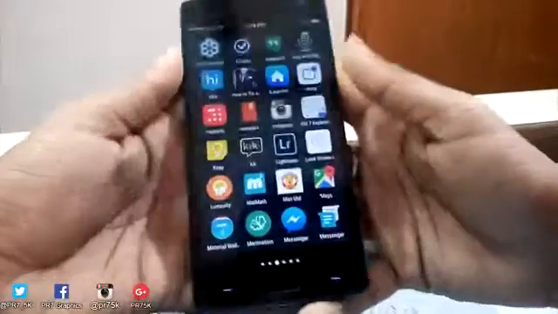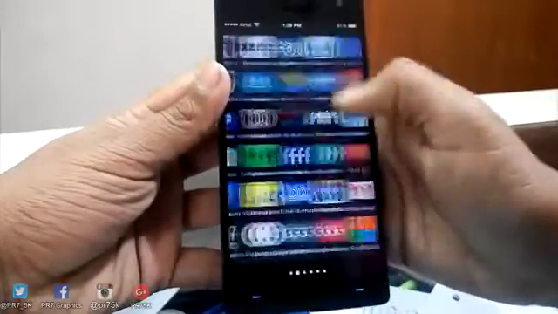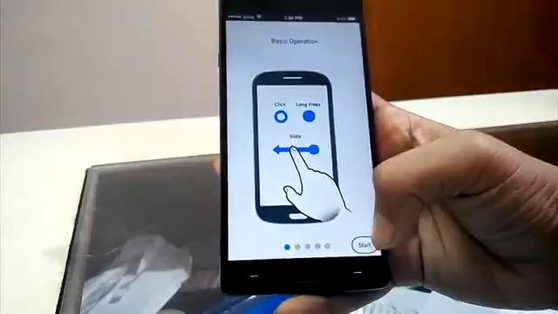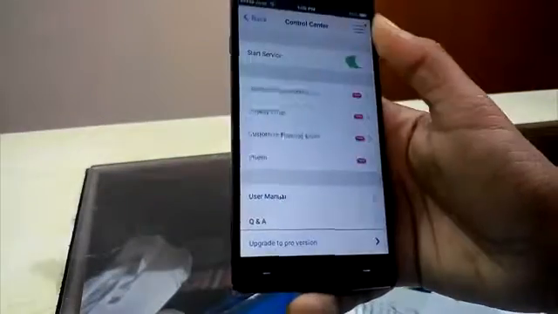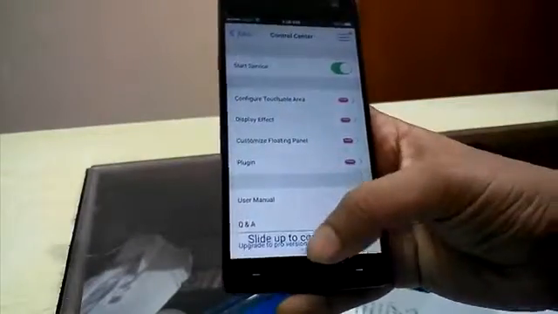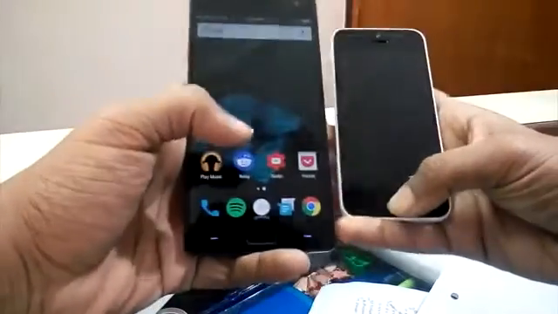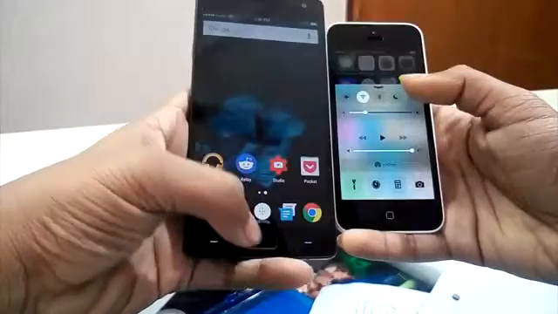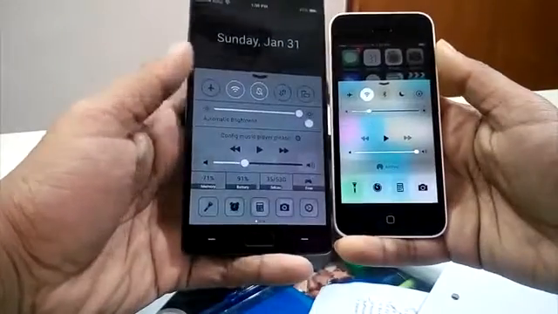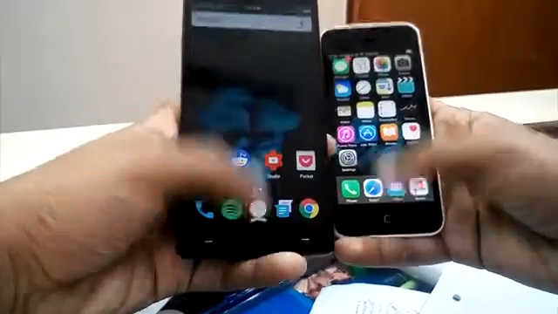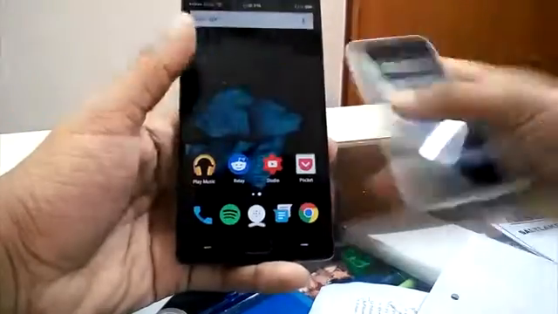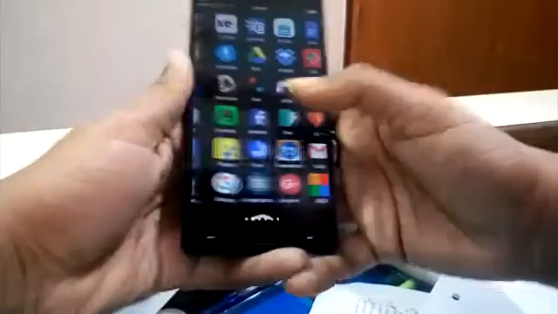Now let's open the app called Control Center. Start and cancel whatever comes up, and enable it. You'll see one option at the bottom, and that will be your answer to where you will get the Wi-Fi toggles and all. Again, for comparison, I was not quite satisfied with the Control Center, but it's okay because we'll get something at least, or else you have to open settings to open Wi-Fi or Bluetooth. So here's the Control Center for you.